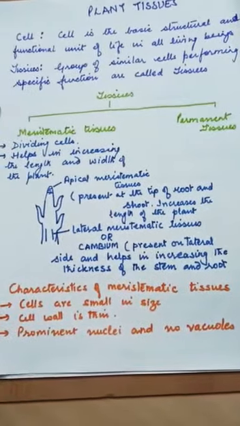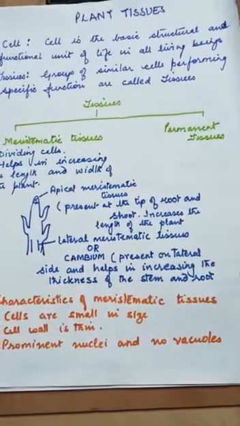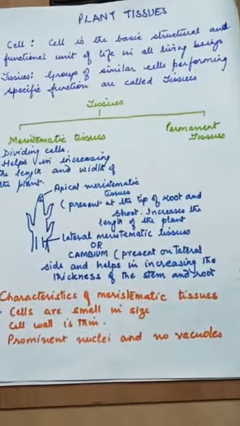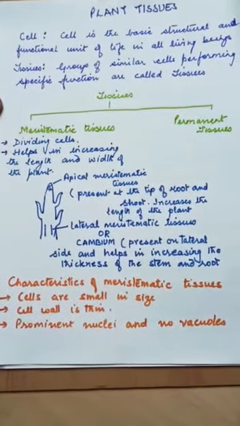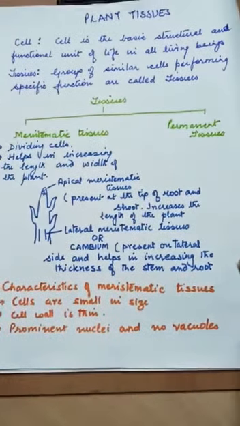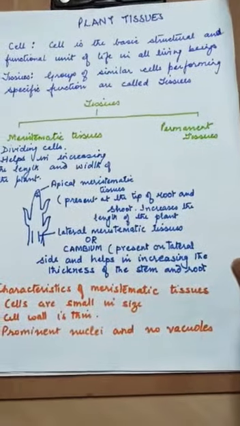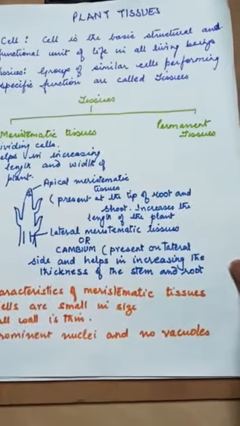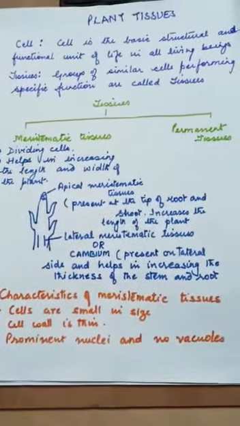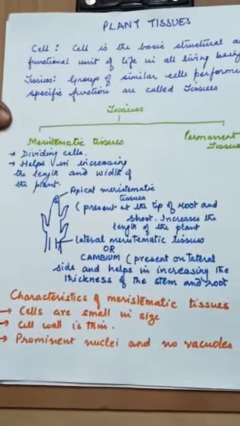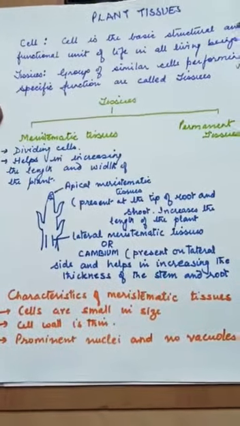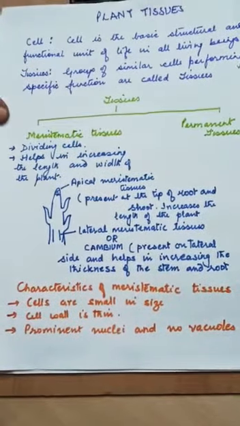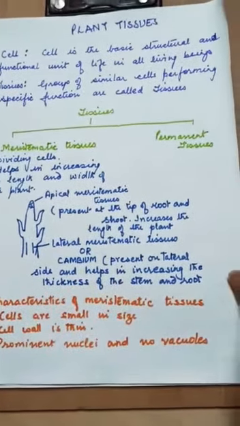You know that previously we have completed 3 chapters: plant tissue, photosynthesis, and respiration. You have been given the assignment. Hope you have completed that in your notebook. Since you are returning back and I hope that you have not studied properly, we want to get all the things revised once again.